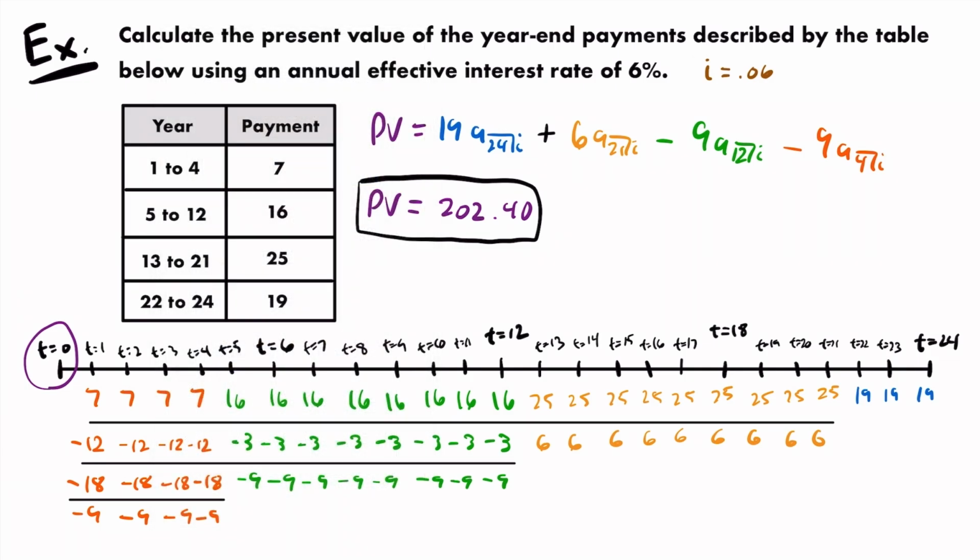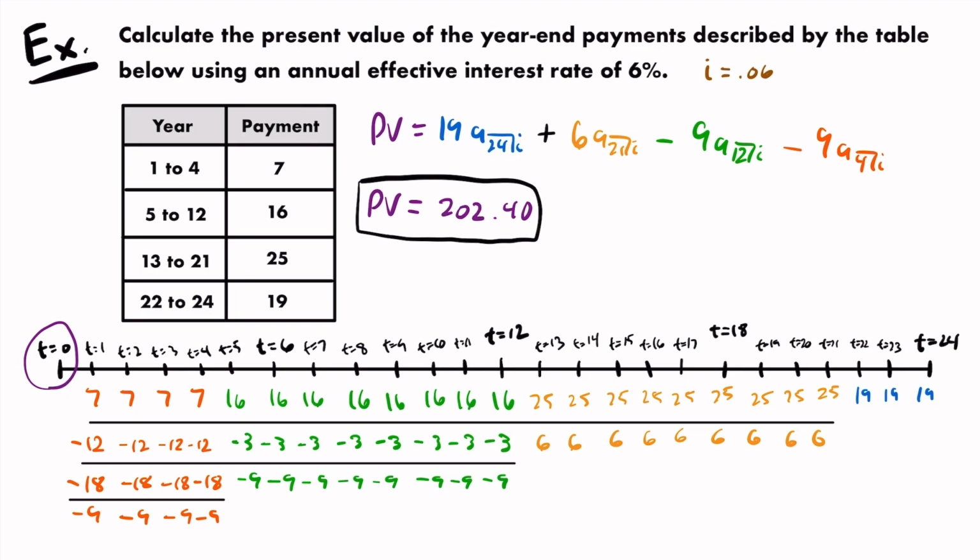So there's a lot of different ways that you could go about calculating this present value. I just showed you the really quick method of doing it in your calculator. Some people don't prefer to do that though. They'd rather work it out the way that we did here using this little trick. But you might also prefer to do it the original way that I showed you at the very beginning of this video, where you just worked with each set of payments individually and valued them at time 0 using both annuity notation and present value factors. Which, by the way, if you wanted to know what that looks like for this example, I'm going to write it down really quick. And if you wanted to, you could check and see that it would also give you the same answer of